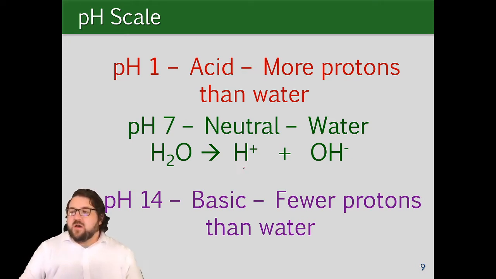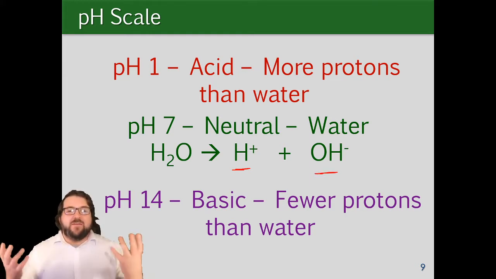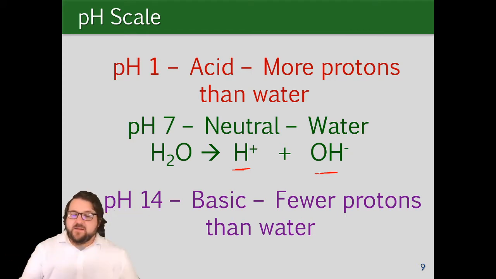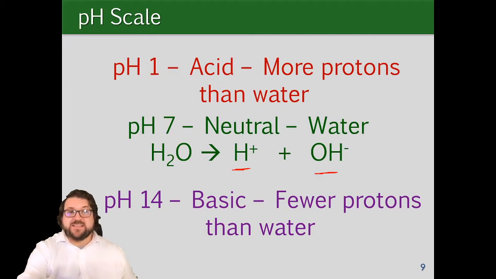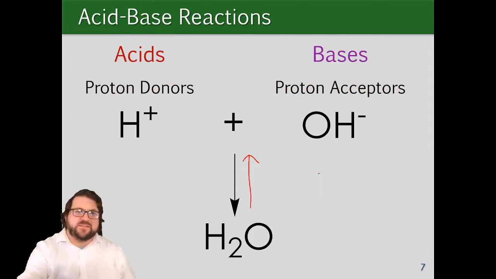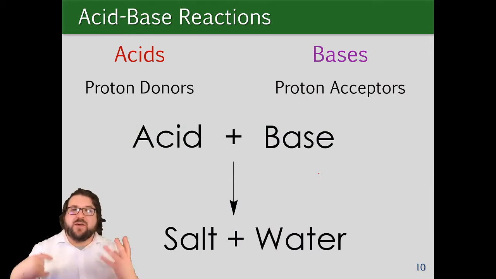Now, what's not the case usually, and we already talked about this when we were talking about ions, is that there is no such thing as a source of H plus ions and a source of OH minus ions all on their own. Whenever you have an ion, it has to come with a counter ion. And so if I'm mixing together an acid and a base, what I'm going to get is water. Just like on the last slide, and on the slide before, H plus and OH minus are going to react together to make that water. But also what I'm going to see is whatever the spectator ions are, the counter ions